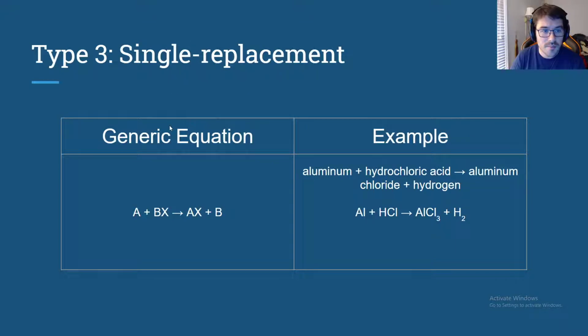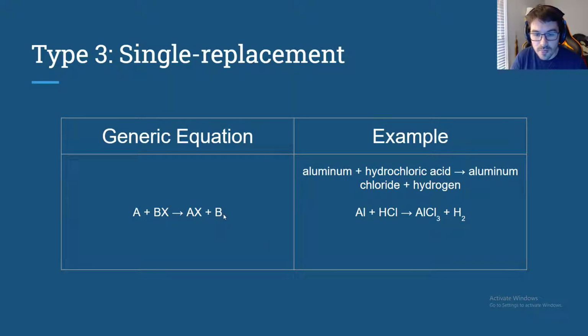All right, next type is called a single replacement reaction. There's actually single and double replacement, type 3 and type 4. These are pretty similar to one another. What happens here is you're going to have an element by itself plus a compound, so those are your two reactants. The element is going to come in and replace one of the elements in the compound. So A is going to replace B, and so A is now in the compound with X,